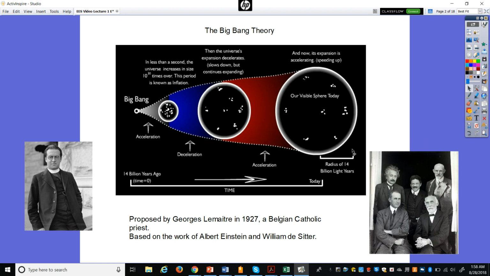But what did this theory say, and how did we figure it out? Well, to figure it out, we actually worked backwards. We started here today. And what we have noticed through our observations and recordings of use of scientific instruments is that galaxies are moving away from each other. So they are expanding. And we're going to talk about how we figured that out later.